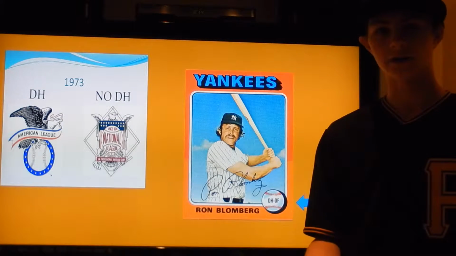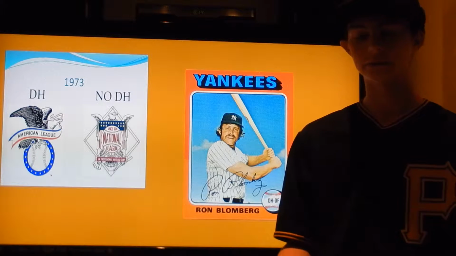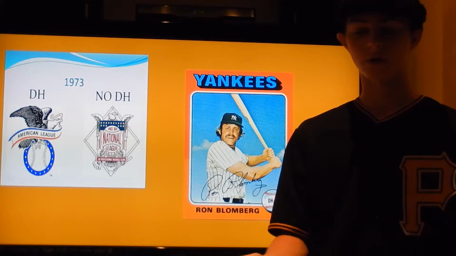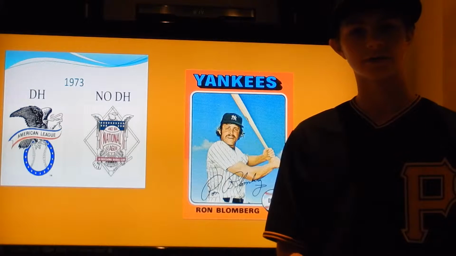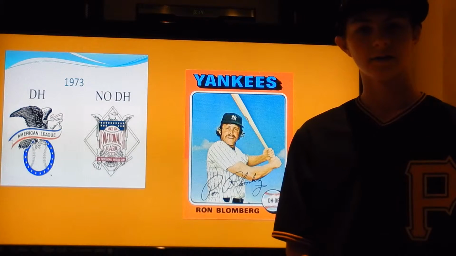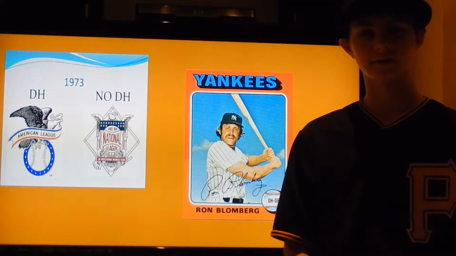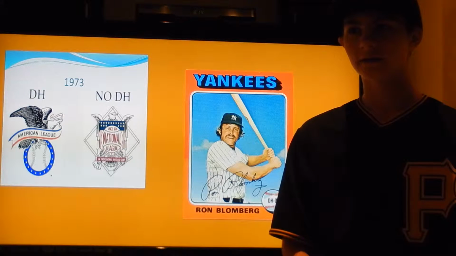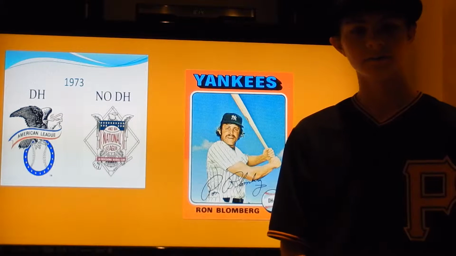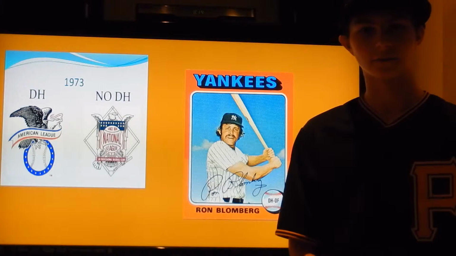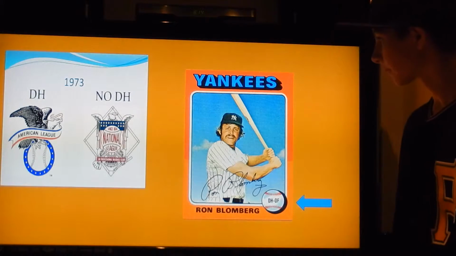Now, some of the greater hitting pitchers, like Babe Ruth, who was one of the all-time greats in the Hall of Fame, you never really thought of having another person hit for Babe Ruth. And that's why people started thinking, why do we actually need the DH? And I'll get to the topic later, but mostly it's because of safety. Safety is one of the big reasons for using the DH.